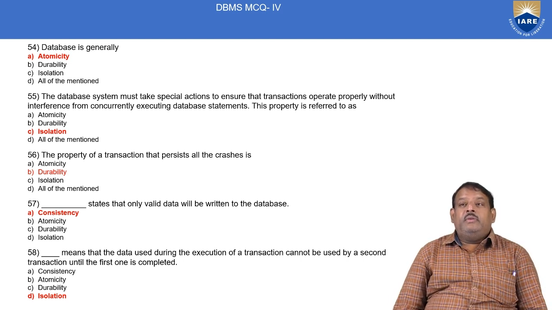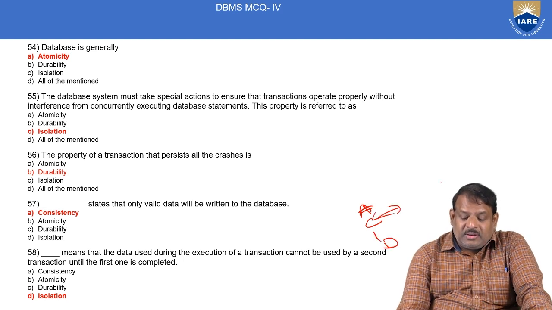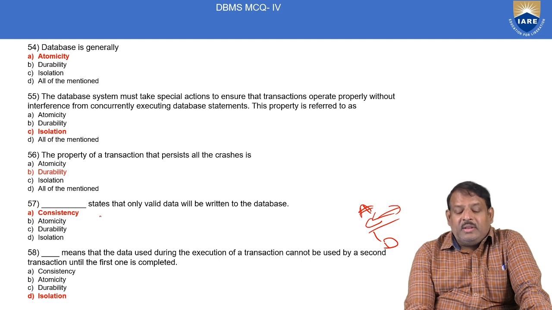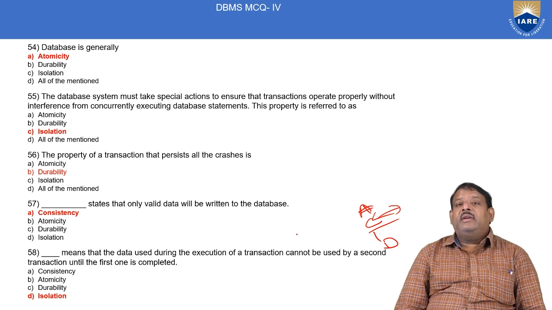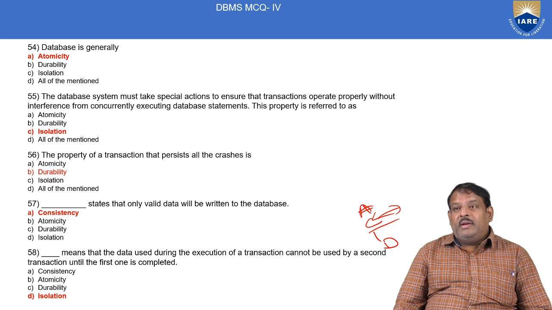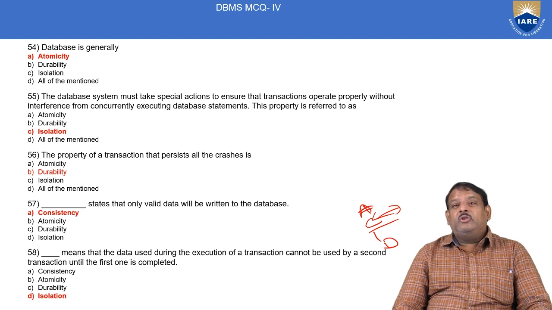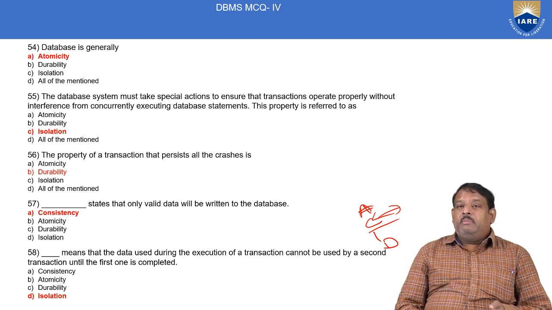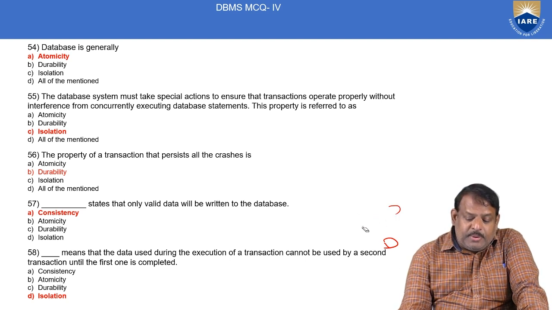Okay. Now we discussed in the ACID properties: atomicity, consistency, isolation, durability. So here there's something called consistency also. Now what is that state that says only valid data will be written to the database? That is consistency. So consistency is the property where only valid data should be written. So if something goes wrong in between, it will be rolled back and your record remains the same. So the right answer would be